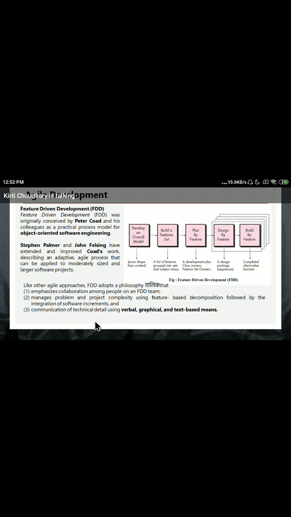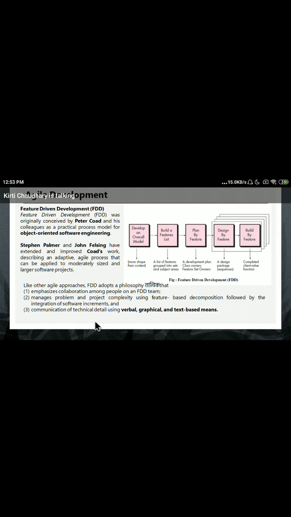That is, your focus is on team, people. It manages problem and project complexity using features. That is, you have to think about the feature and according to that, plan the project with decomposition, followed by iteration of the software increment,